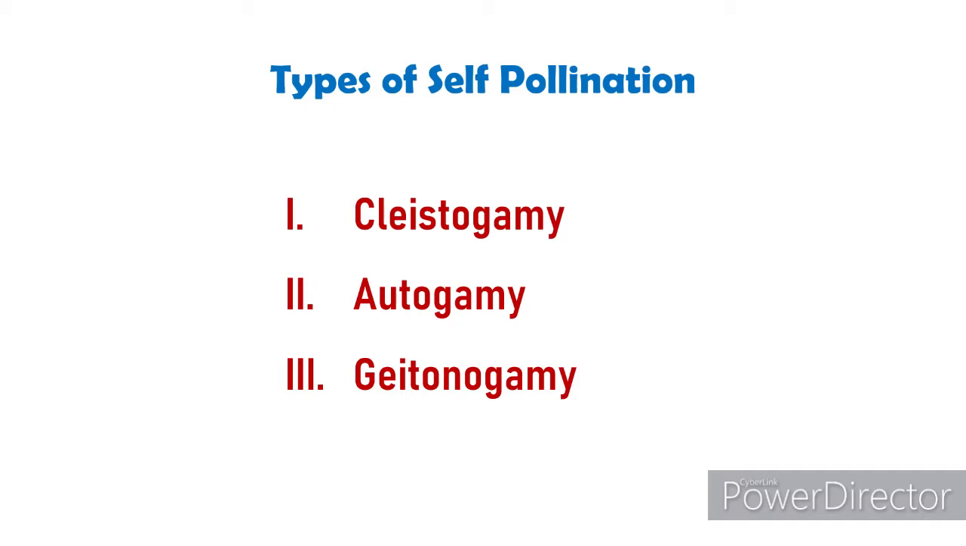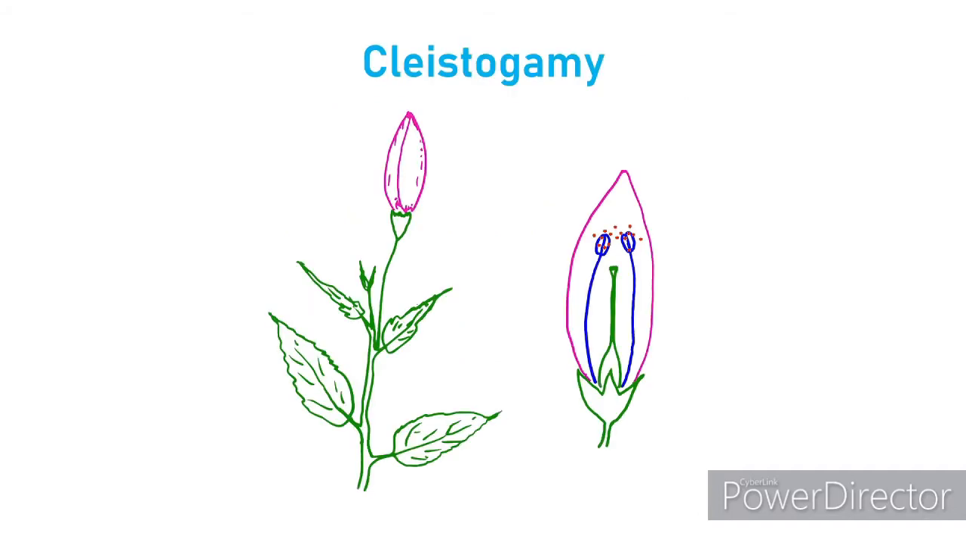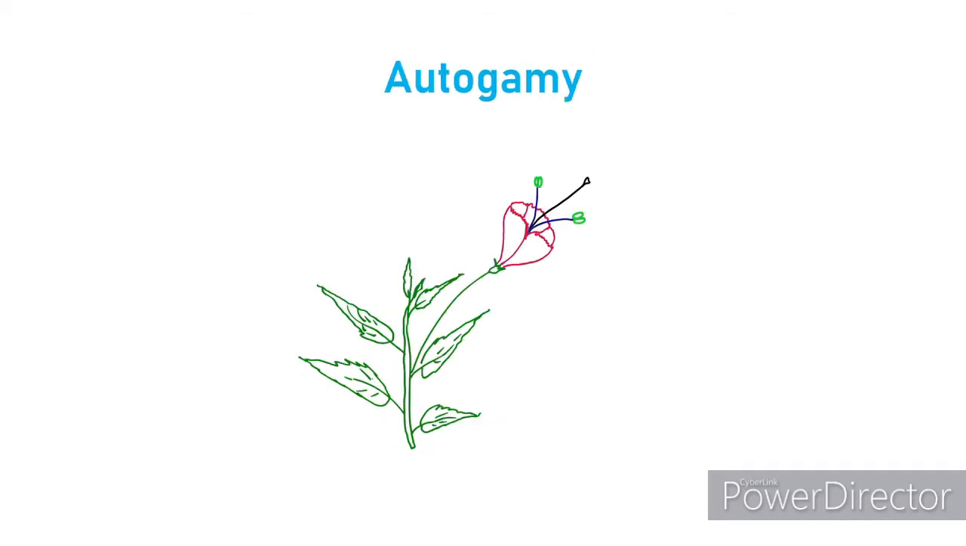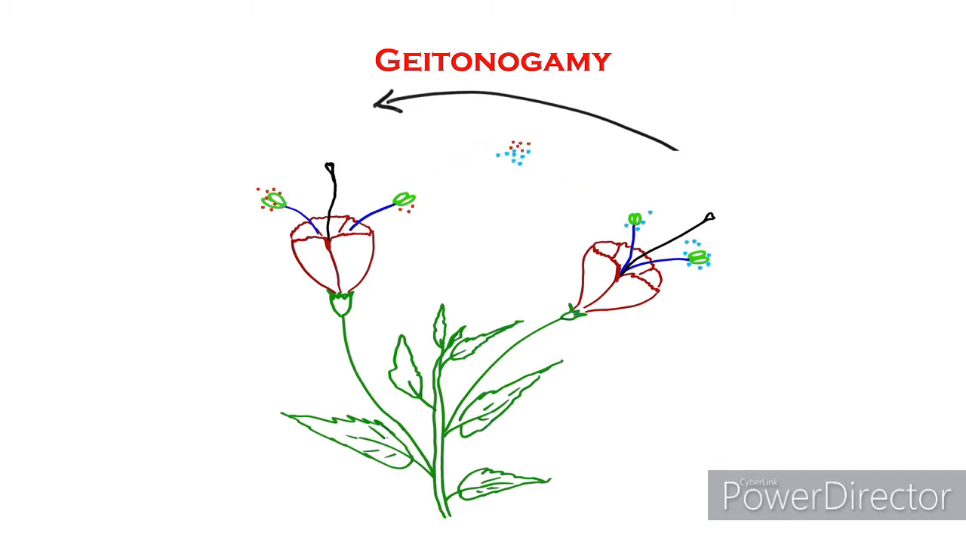Self-pollination may be further classified into cleistogamy, autogamy and geitonogamy. Cleistogamy is where the pollen grains transfer from anther to the stigma inside a closed flower. The second one is autogamy. Here, the pollen grains are transferred from anther to the stigma of the same flower in the same individual. The third one is geitonogamy. In this type, the pollen grains transfer from the anther of one flower to the stigma of another flower